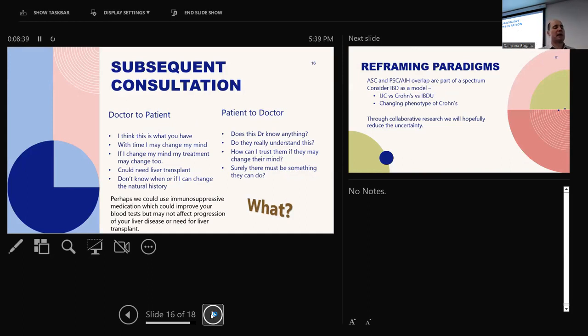the consultation can sometimes be difficult and challenging in talking about that whole overlap and the shades of grey, etc. I might say to the patient, look, this is, I think, what you have, but be aware that with time it might change a bit and I might change my mind. And even though I'm talking about offering a treatment now, if things change, there might be something else that we need to do.